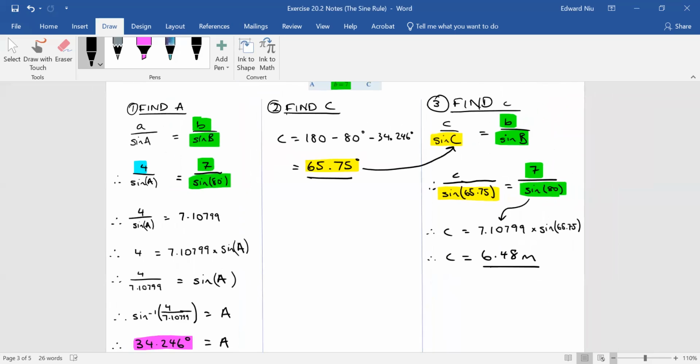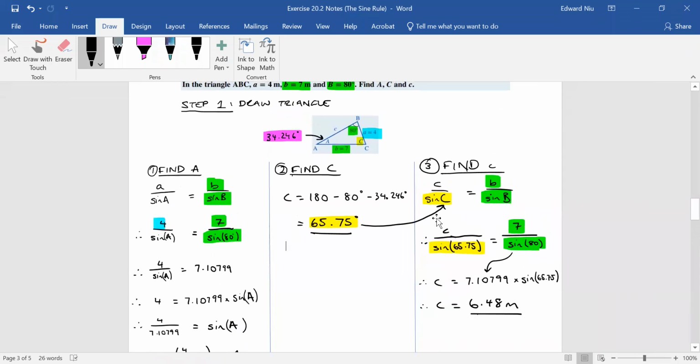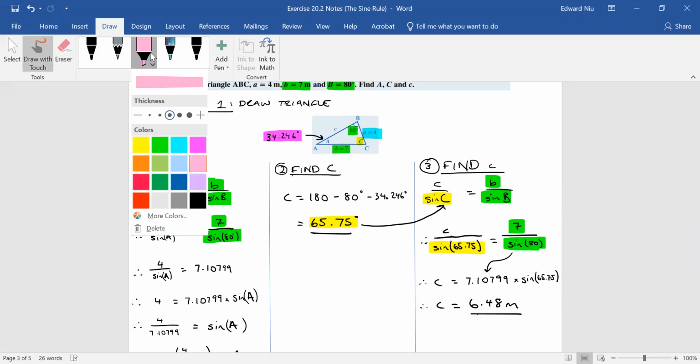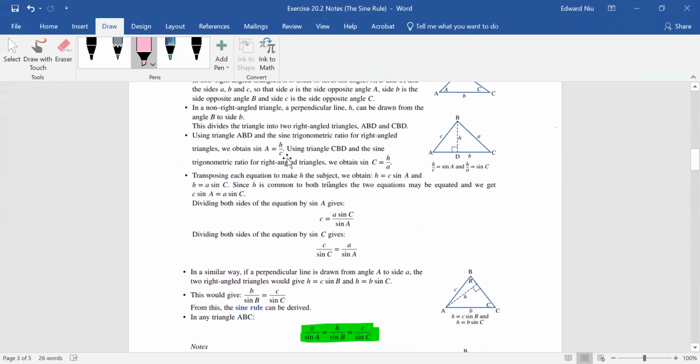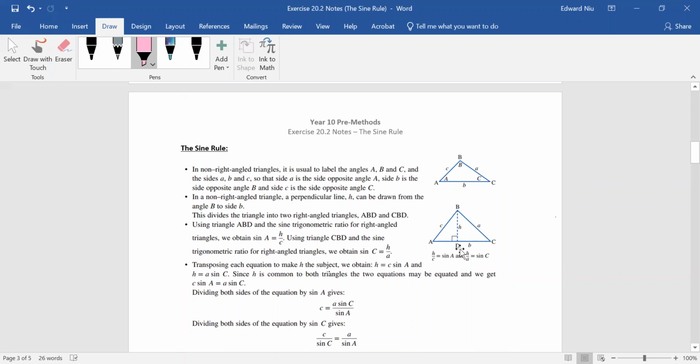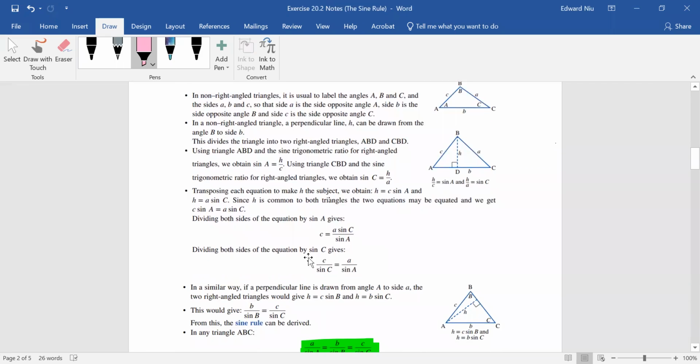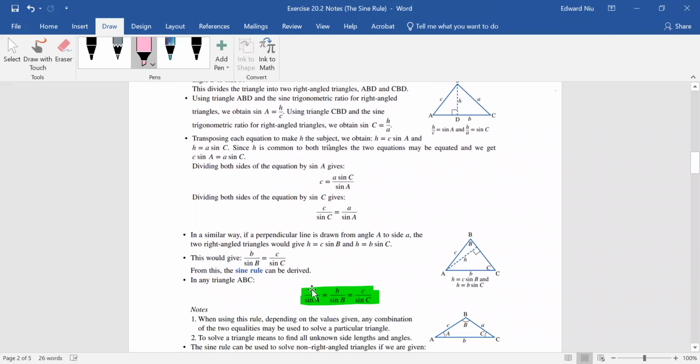Let me just zoom out to see if we need a quick little summary of what we found. See if we have any more colors left to highlight with. We can use pink. Okay, so the 6.48 is that there. So yeah, we've pieced together every component of the triangle, and that's what the sine rule does. Essentially, this big long proof where we split a non-right angle triangle into 2 right angle triangles, and then we write out the sine ratio for the 2 right angle triangles, and then we do some rearranging magic using our linear equation skills, gets us the sine rule formula, which basically says,